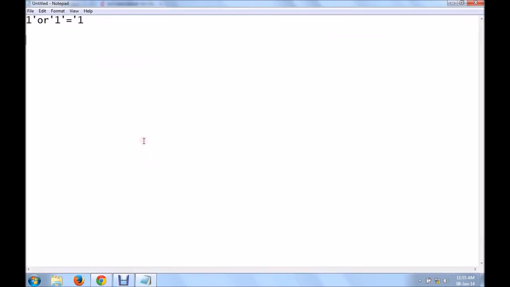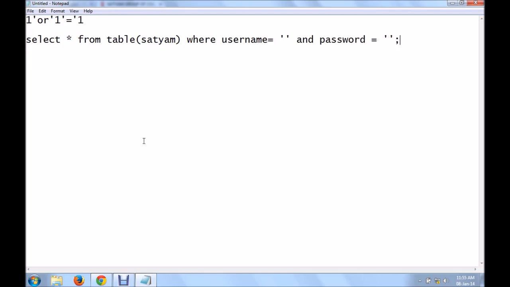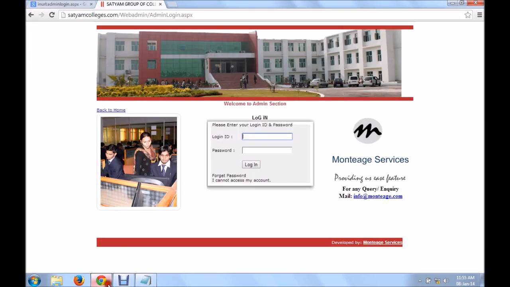That SQL query is nothing but select star from table, let's say Satyam table, where username is equal to and password is equal to this. Now this is the exact query which is responsible to retrieve any output from this page.